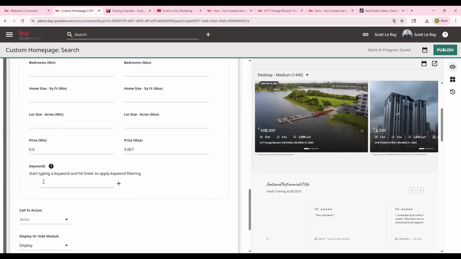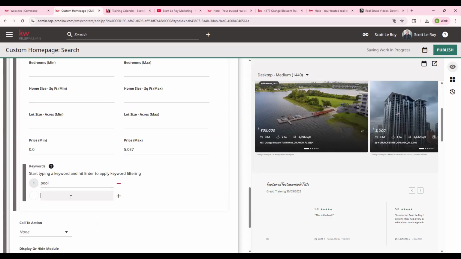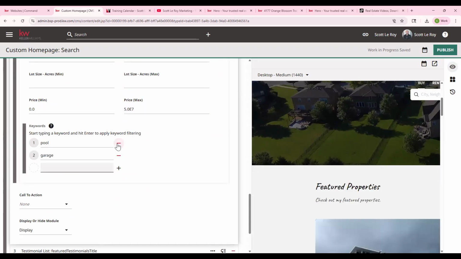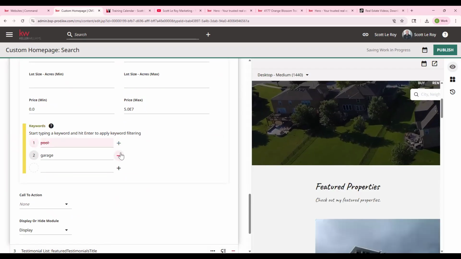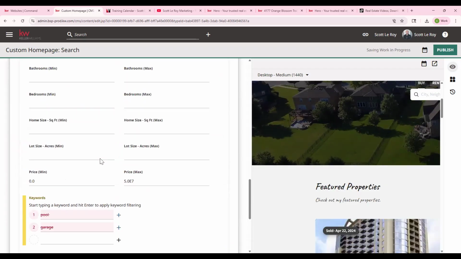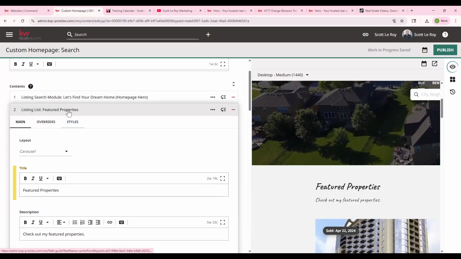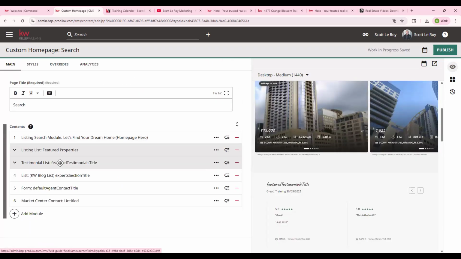If you want to pull properties with keywords, maybe you only want properties to show that have a pool. Maybe you only want properties that have a garage. You can add any of those keywords and it will look for listings that have those specific items. Okay, now I'm going to remove those. Once you're done with that, we can go ahead and close this featured properties section up and move to our